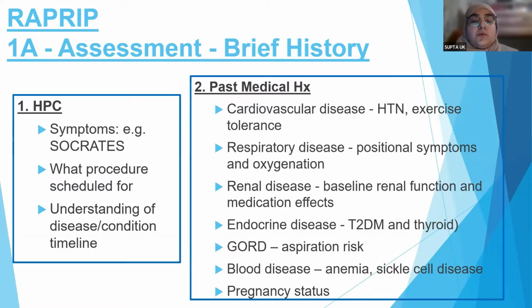And then a really important one, which some people don't think about, is GORD, so gastroesophageal reflux disease. And that's because there's obviously an aspiration risk with anaesthetic. And it is a really key question that anaesthetists ask about. I know that on some MCQ questions in previous exams that I've sat anyway, they have always asked about what condition you have to ask about, which is important for an anaesthetist, and that's normally GORD. And then blood diseases, so obviously anything that may make you question whether you give certain blood products,